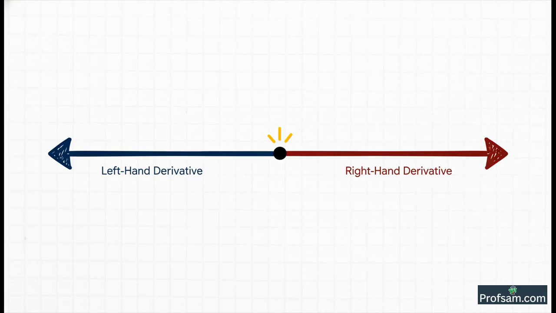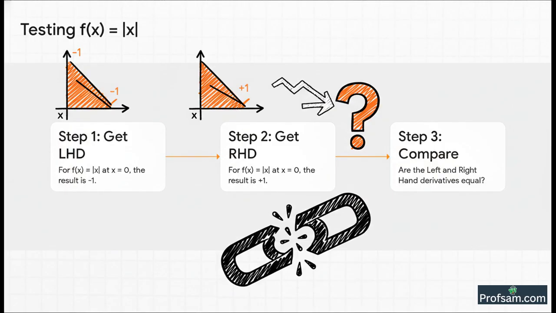For a graph to be truly smooth at a point, the slope you find when you approach from the left must be exactly the same as the slope you find when you approach from the right. LHD must equal RHD. That's it. So let's use our new tool on our main suspect, f of x equals |x|, right at that sharp corner